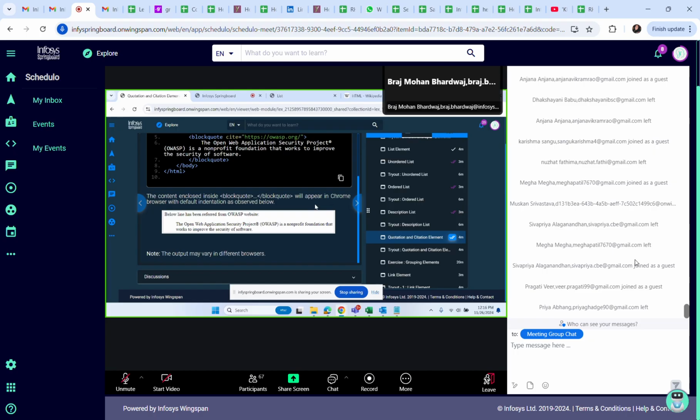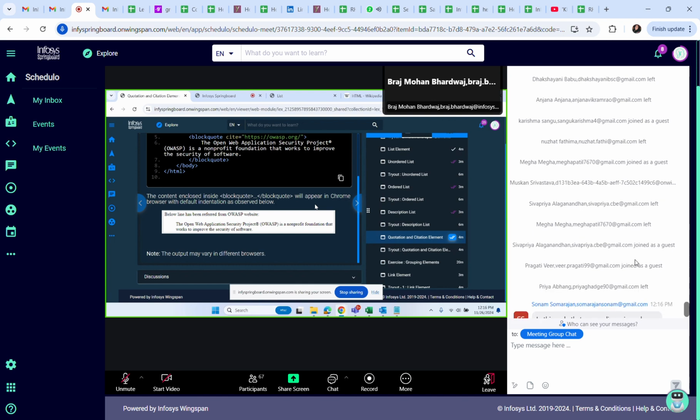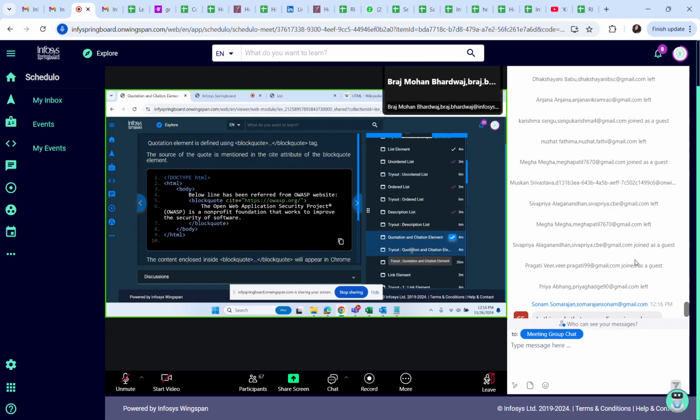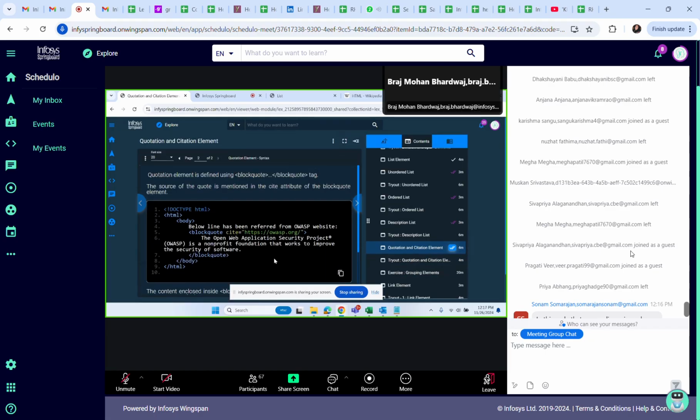I have not seen it very much, but somewhere down the line you will find some rates of flights or trains, and they mention it as dynamic or something. That explanation might come from a different web page. So I hope this quotation and citation is clear to you all.